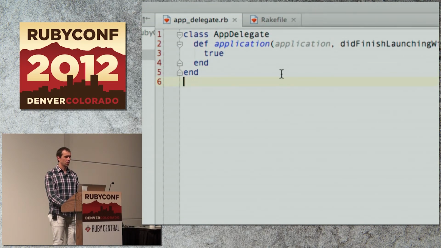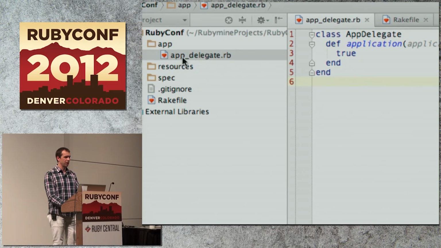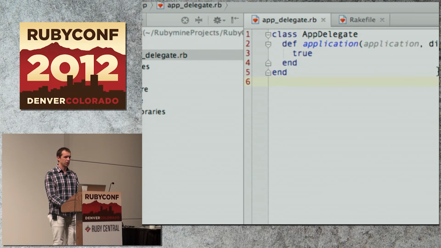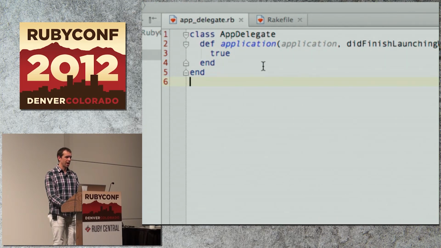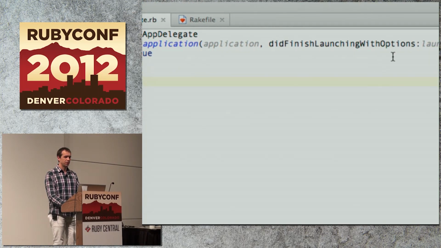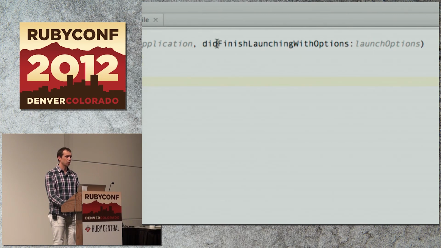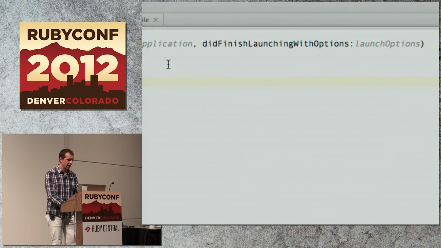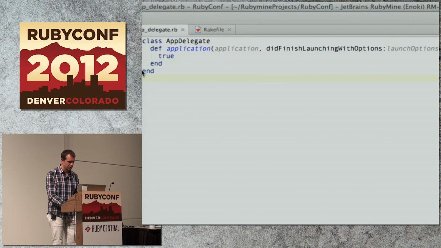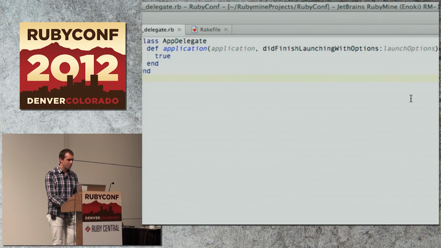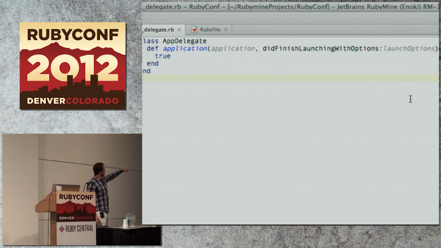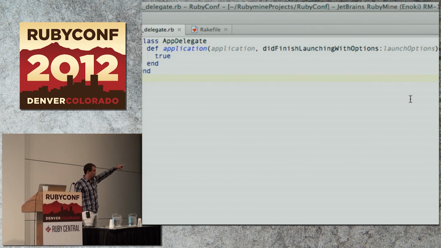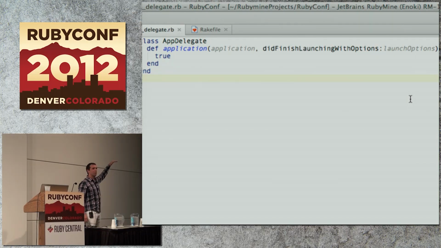All right. So the main entry point into your application is your app delegate. If you look in here, you're implementing a class that implements application:didFinishLaunchingWithOptions:. Look at this method definition with the colon in it. Let me zoom out just a little bit so you can see that method declaration. This method is not a valid Ruby method. There is no Ruby method where you actually can set a key and value in the params that you're passing in. Right? That's not what Ruby does.